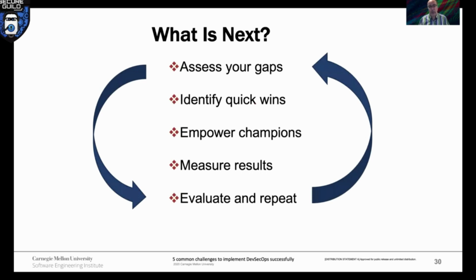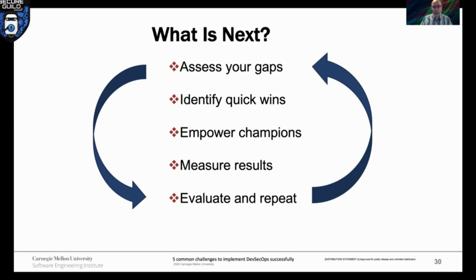So what is next? What should we do? To start, I advise 5 steps. The first one is assess your gaps, understand what type of gaps you have. And based on the gaps, build up the quick wins for you. The wins are basically maybe organizational culture, or a team culture where you start to build up a collaboration piece, start with the basic requirements for your DevSecOps environment as an MVP,